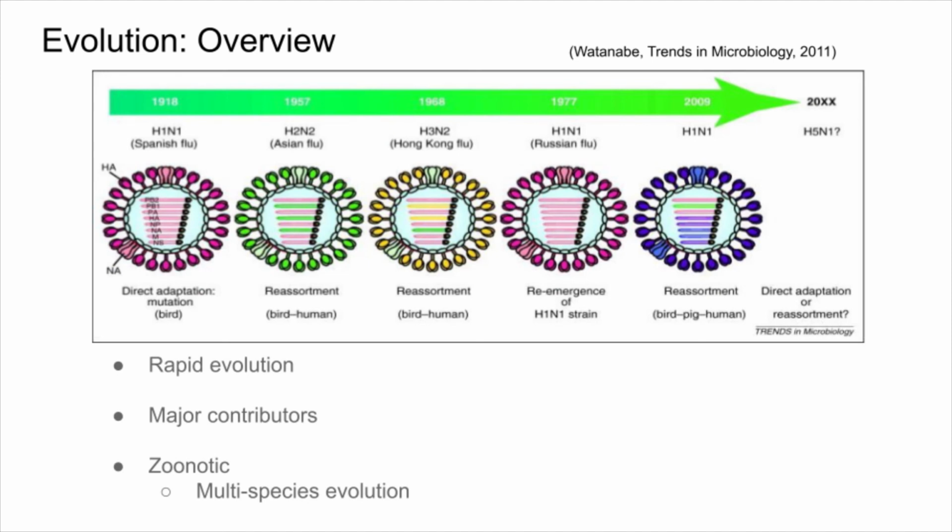These next few slides will discuss the evolution of influenza. An important question to ask is, why do we need flu shots every year? For many viruses, annual vaccinations are not necessary, but such is the case with influenza. The answer to this question lies in the process of evolution. Influenza is a rapidly evolving organism. The flu shot that you might have received last year will not protect you from any new strains that will